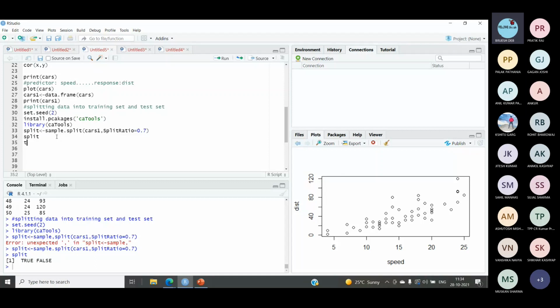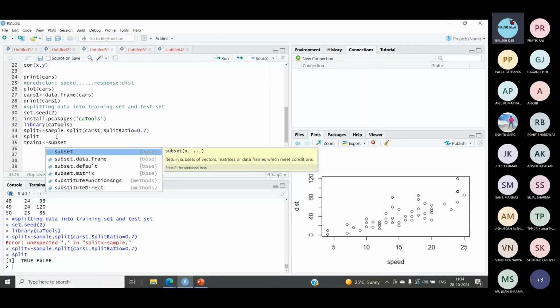So let's create the train set now. Let me call it train1. I'm creating the training set. You can use the name TS1, TS2, whatever you want. For this, we have to use the subset function. We already know the use of the subset function. In the previous sessions, we have seen that a subset function is used to return some set of values from vectors, matrices, or data frames based on certain conditions.